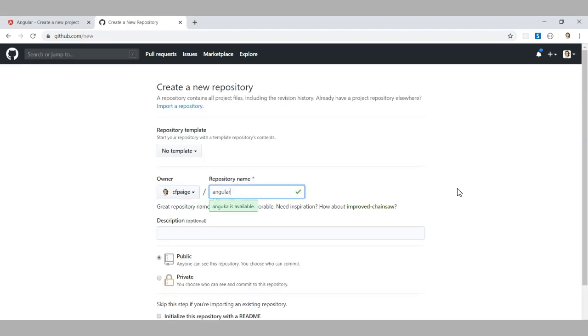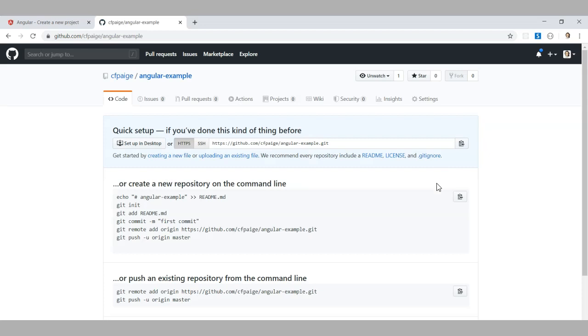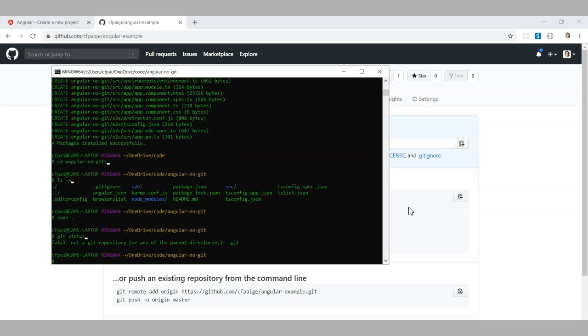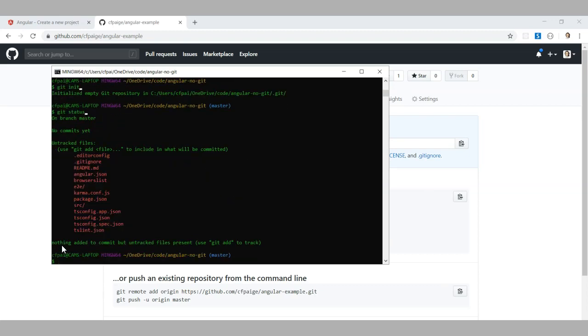Excellent. Create a new repository, give it a name. I'm gonna skip the description this time. Don't initialize with anything. Just grab the address and let's go back to the command line. Here's another way to check if you have a Git repository initialized. Git status? Nope, don't have it. So we have to do it now. Git init will initialize an empty Git repository. And now we can follow the same steps as before. Git status, yep, now it recognizes it.